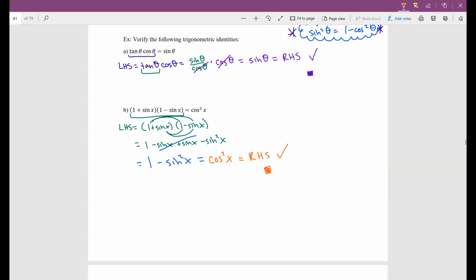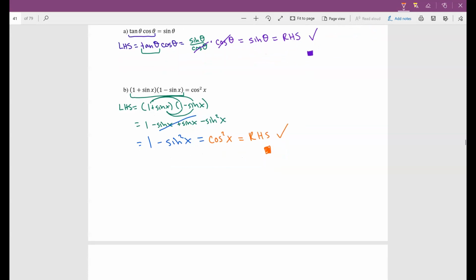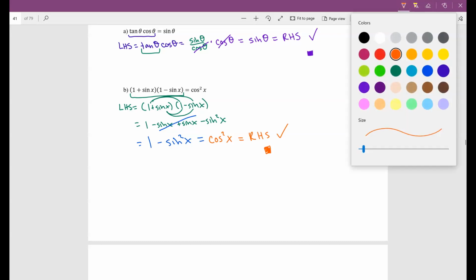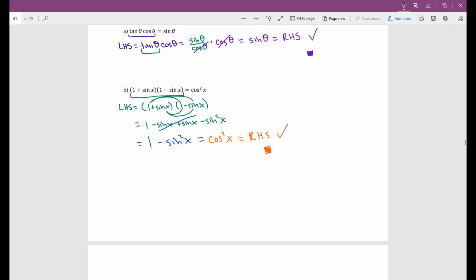So we would just finish it like that. Okay. Now, could you have done it the other way? Of course, you could have done it the other way. If you wanted to start off with the right-hand side, cosine squared x, there's not a